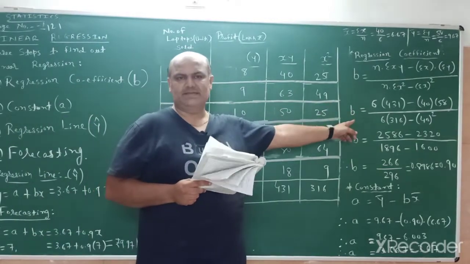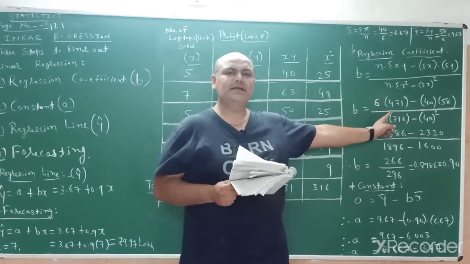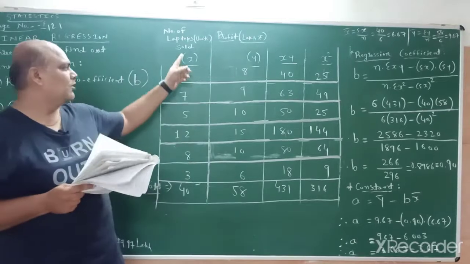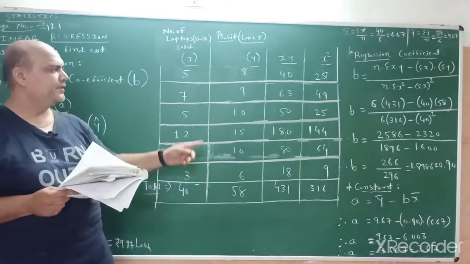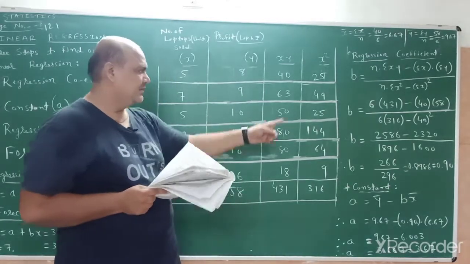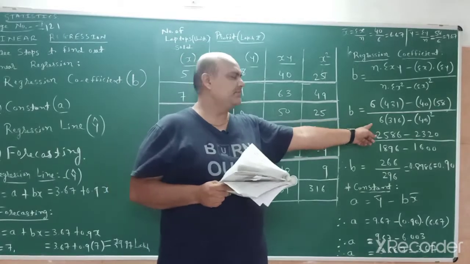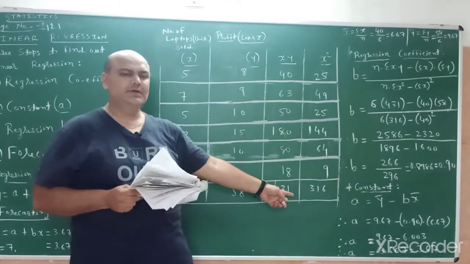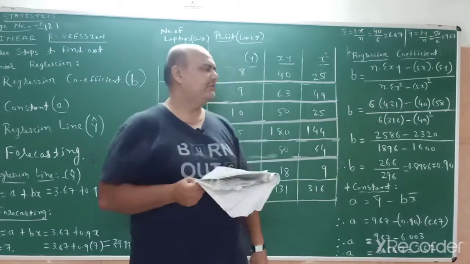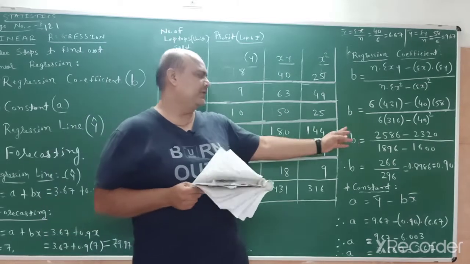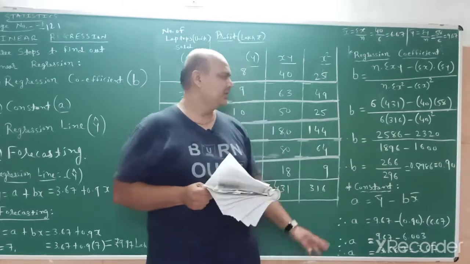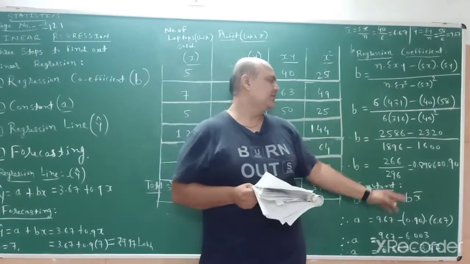N is 6 into sigma xy, that is 431, minus sigma x, the total of the column of x, that is 40, into sigma y, the total of the column of y, that is 58, upon n, 6 into sigma x square, that is 316, minus sigma x the whole square, 40 square. 6 into 431 is 2586, minus 58 into 40, 2320, upon 316 into 6, 1896,